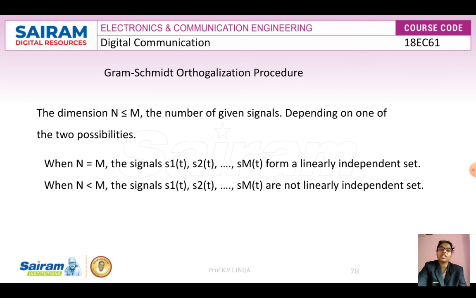And we have seen that we defined the first orthonormal function phi1 of t, and we defined the intermediate function g2 of t. Then we defined the orthonormal function phi2 of t. Finally, we proved that both basis functions have unit energy. Then we proved that phi1 of t and phi2 of t are orthonormal. Then we defined a generalized equation. Hope all of you understand this topic.